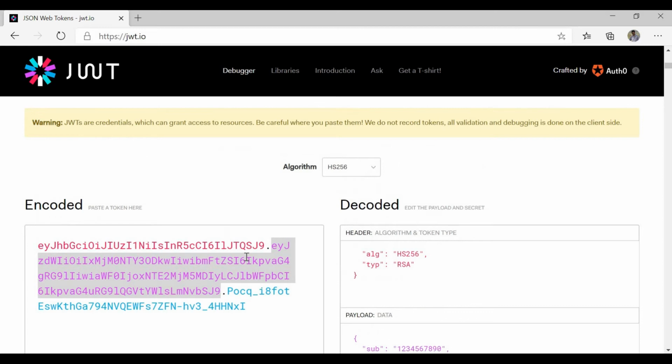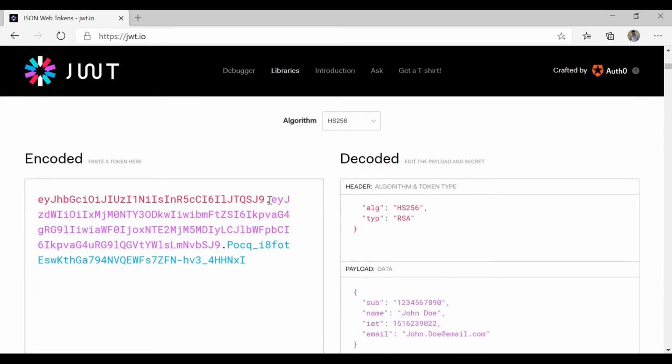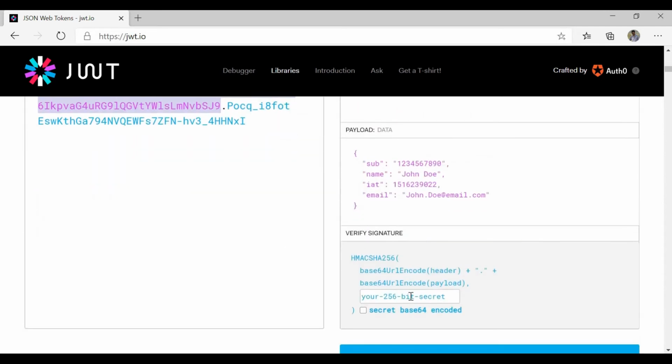So when you give a token to a system, how does it validate? It takes the value of the header, it takes the value of the payload, and we have to specify which algorithm we have used, and which secret key we used for generating the token.